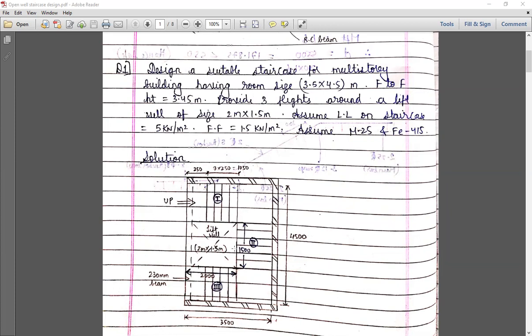ओके. सो ये लिफ्ट वेल का साइज कितना मिल रहा है? तो ये 750 मिलेगा ना. और ये वाला कितना मिल रहा है? 1.75. 1.75 बाय 750